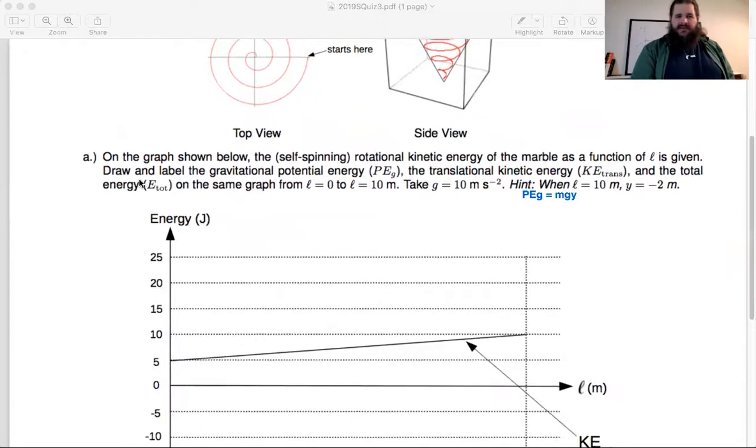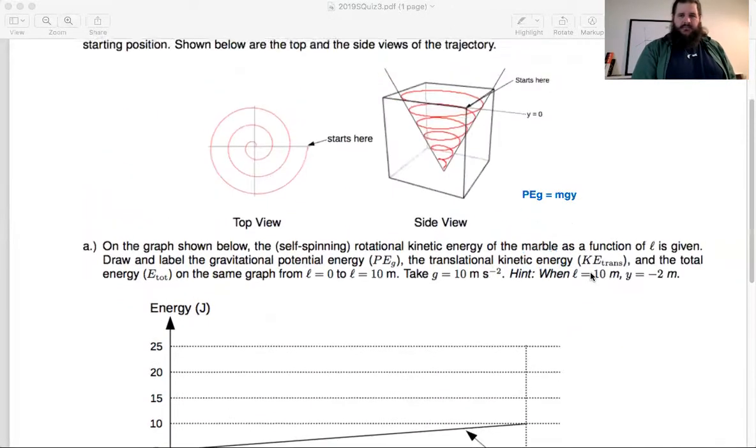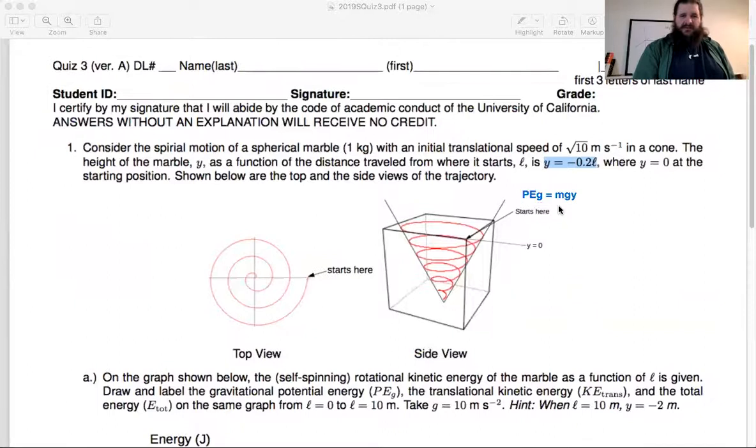But we don't want to graph energy versus y here. We want to graph energy versus L, which means we can't write this in terms of y. We want to write it in terms of L. But we have this substitution we can make. Everywhere you see y, you can just replace it with negative 0.2 L, because the distance traveled can be directly converted into a height. So if we substitute that in, m times g times negative 0.2 L,